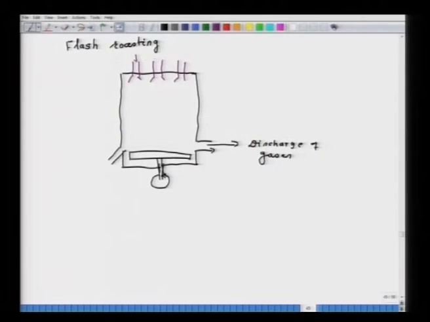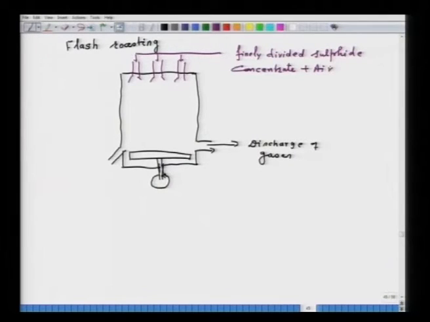So, here you have the finely divided sulphide concentrate plus air. Here the roast product is out,